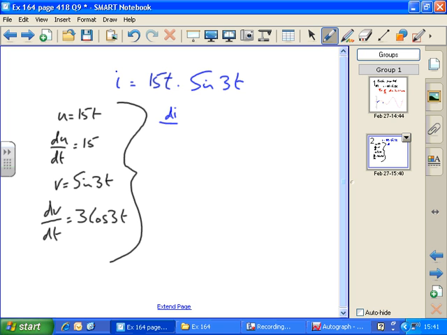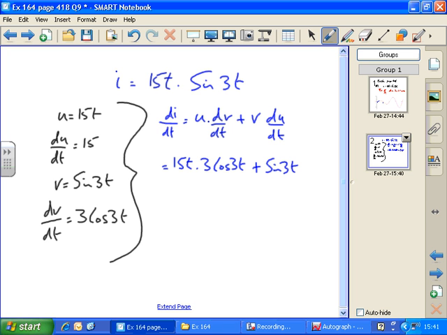The rate of change of I with respect to t equals the first part times the differential of the second with respect to time, plus the second part times the differential of the first with respect to time. So that means di/dt equals u, which is 15t, times dv/dt, which is 3 cos 3t, plus v, which is sine 3t, times the differential of u with respect to time, which is 15. So tidying this up a bit, we get 15 times 3, so di/dt, 15 times 3 is 45t cos 3t,